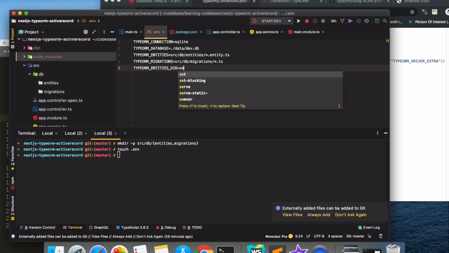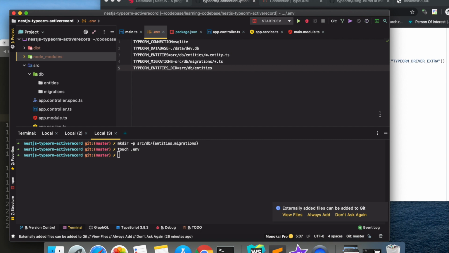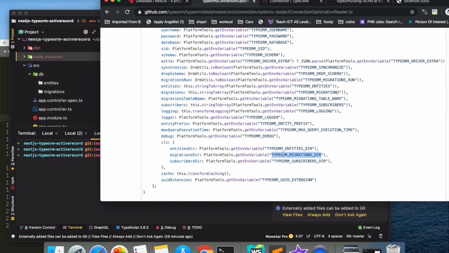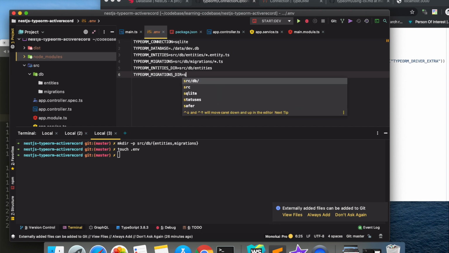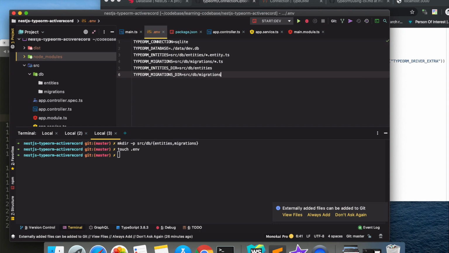So here it would be src/db/entities, and similarly for TYPEORM_MIGRATIONS_DIR. The need for these two separate things, TYPEORM_ENTITIES and TYPEORM_ENTITIES_DIR, and migrations and migrations directory, is that the CLI would use the directory to create your entities or migration files from the command line.